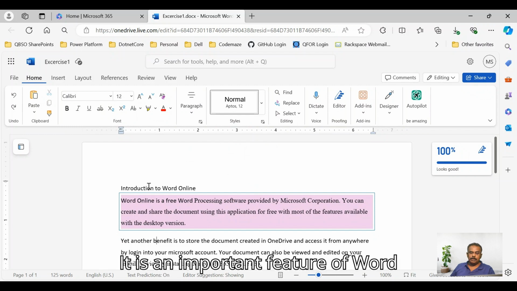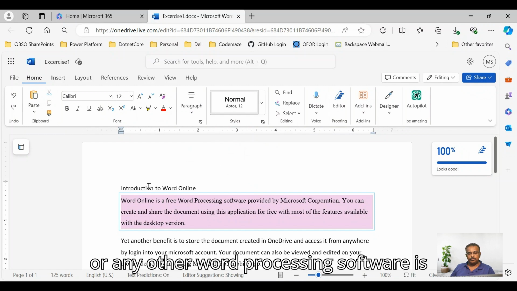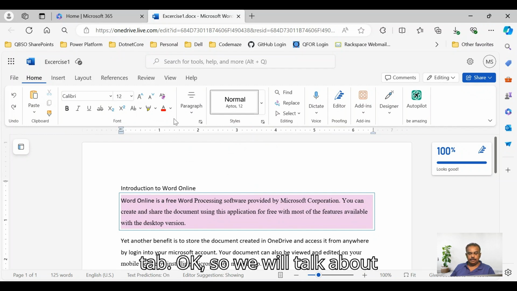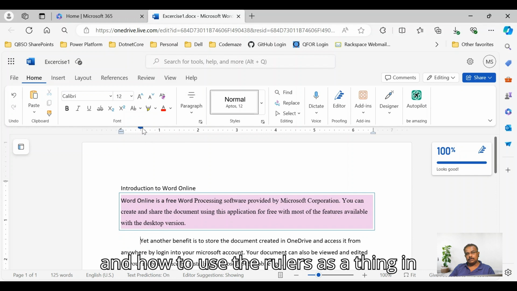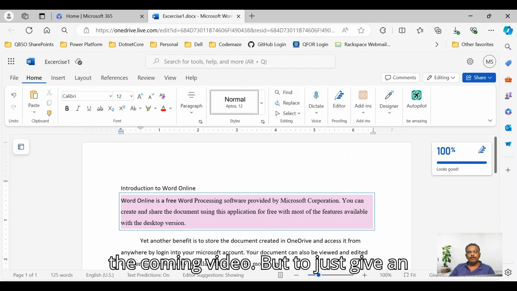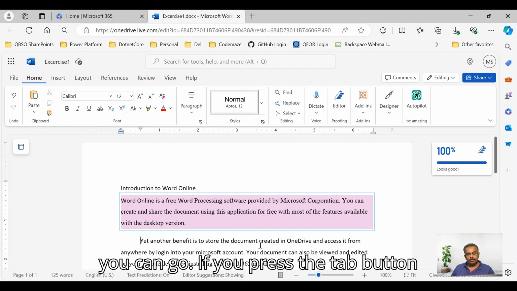Yet another important feature of Word or any other word processing software is the tab. We will talk about the tab, how to set up the tab stops, and how to use the rulers and other things in the coming video. But to just give an introduction about how the tab works, if you press the tab button